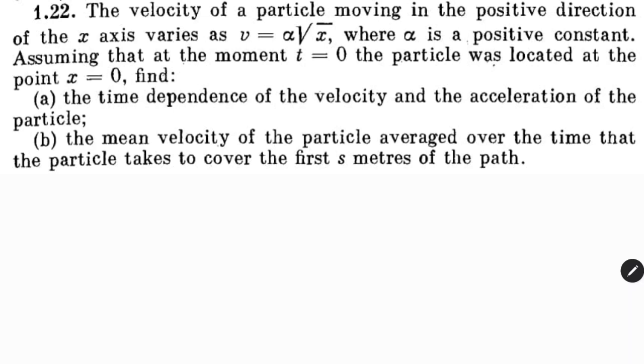Hello everybody, we are dealing with problem number 1.22 of Irodov series. The problem states: the velocity of a particle moving in the positive direction of the x-axis varies as v equals alpha root x, where alpha is a positive constant. Assuming that at the moment t equal to 0, the particle was located at the point x equals 0,